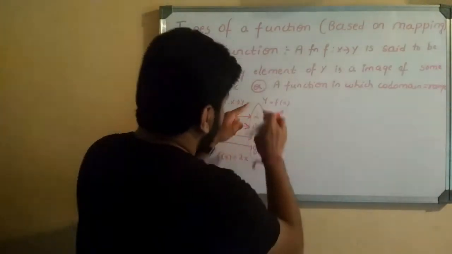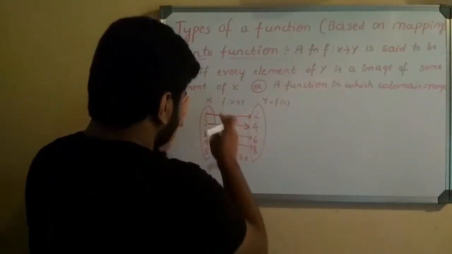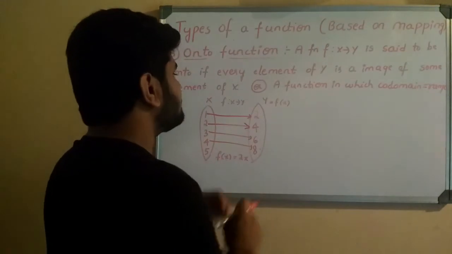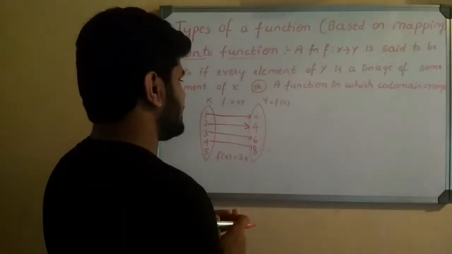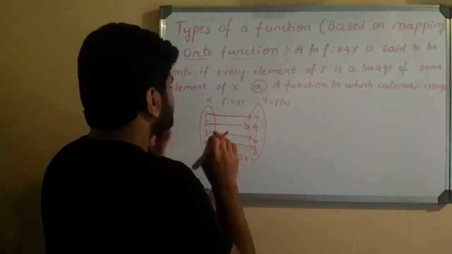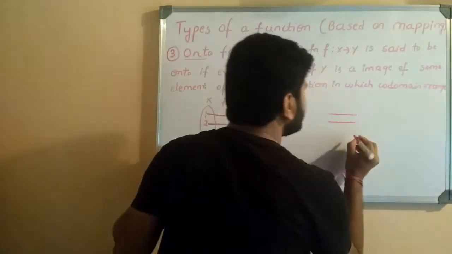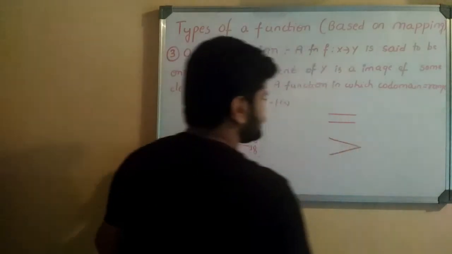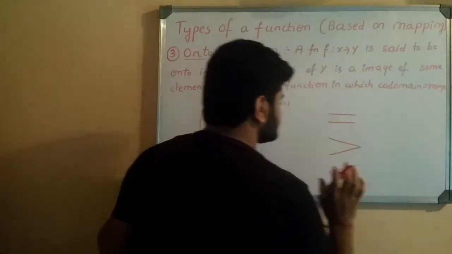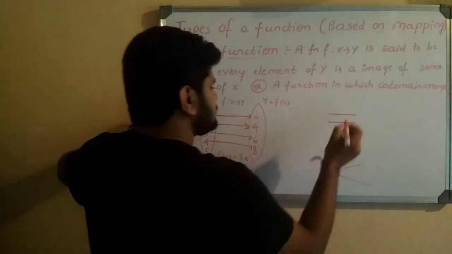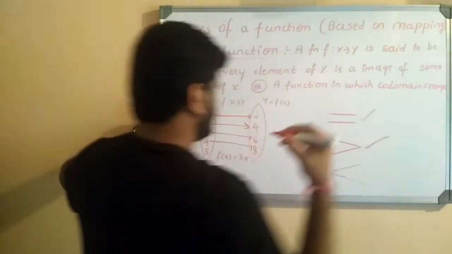Here the condition is every element of y should be involved in the mapping. In a one-one function, every element of x should be involved in the mapping, but in the onto mapping, it is simple that every element of y should be involved in the mapping. And one more condition is this mapping should be either in one to one pattern or in many to one pattern. It should not be in one to many pattern. Anyhow, one to many pattern is not there in the mapping, but it should be either in one to one pattern or should be in many to one pattern.